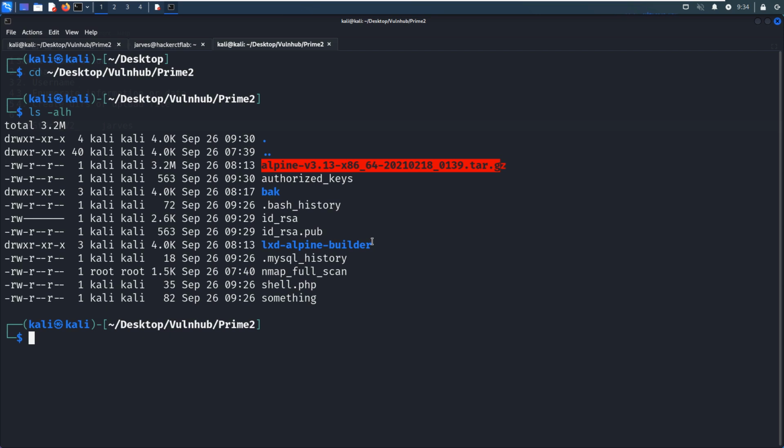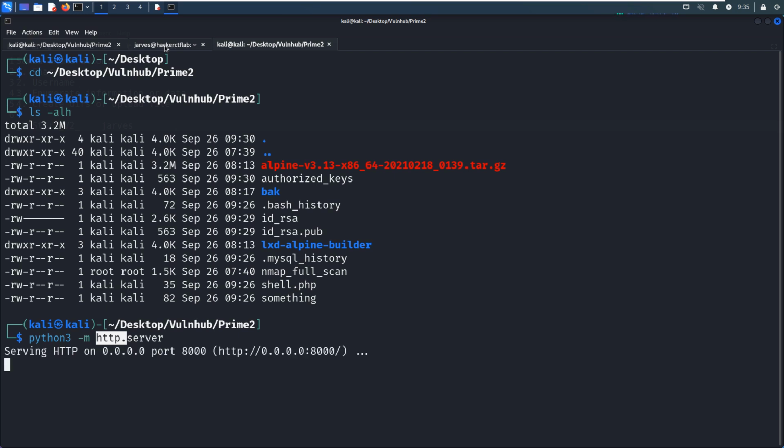Next, we should upload this file to the target. This is very simple. We just set up the web server with Python 3, the module is http.server. If you use Python 2, you need to use SimpleHTTPServer, but I always use Python 3. So now we can press enter.